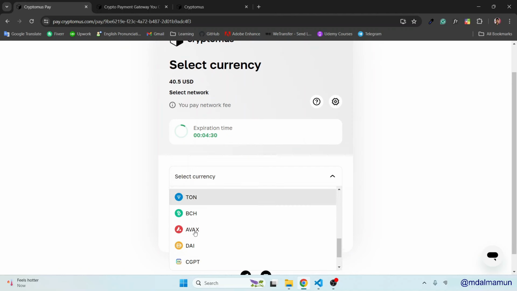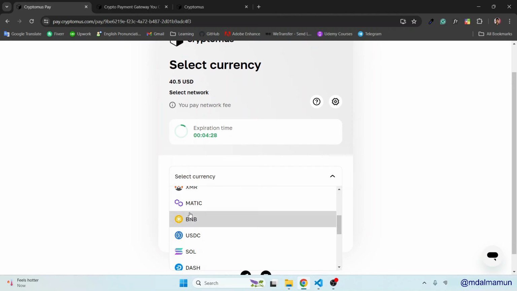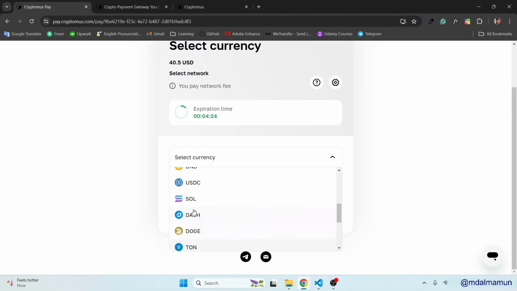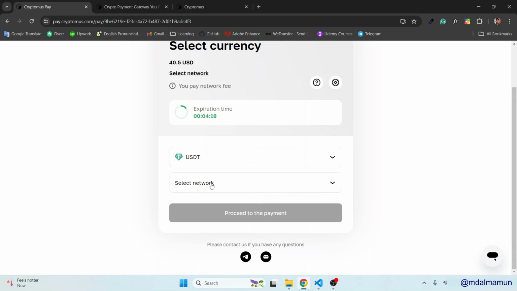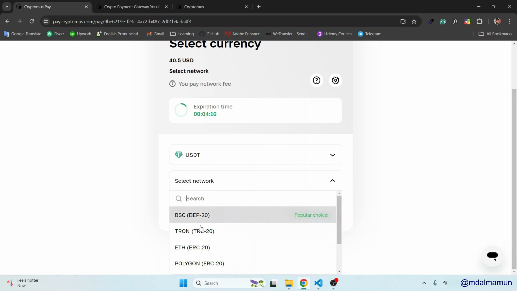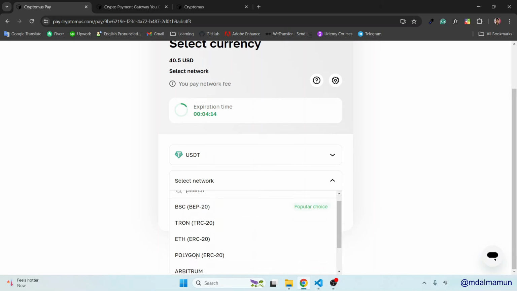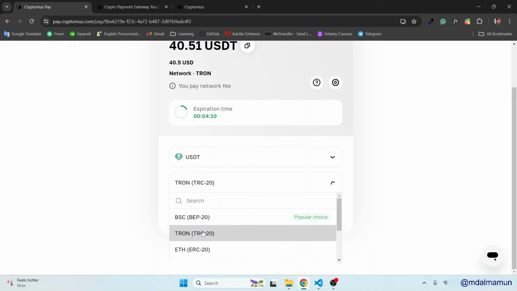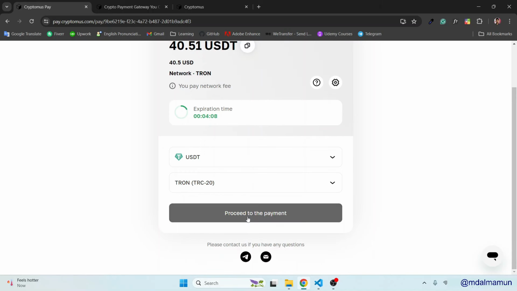You can choose many currencies, and you can see there are huge options. You can choose any of these, and for this I will choose USDT, and then you have to select a network. I would like to choose TRC20. And then if you hit proceed payment,